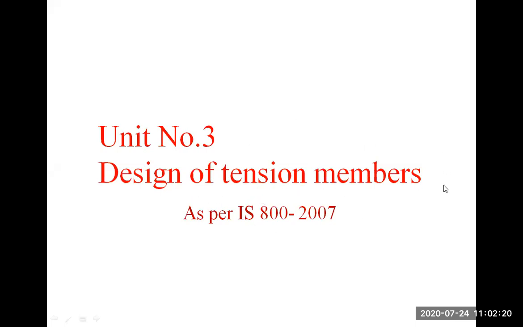You can write only tension member. And with the procedure given in the IS code 800-2007, as per the procedure, we have to design this tension member. Now we will see the first theoretical part of this chapter, tension member, and then